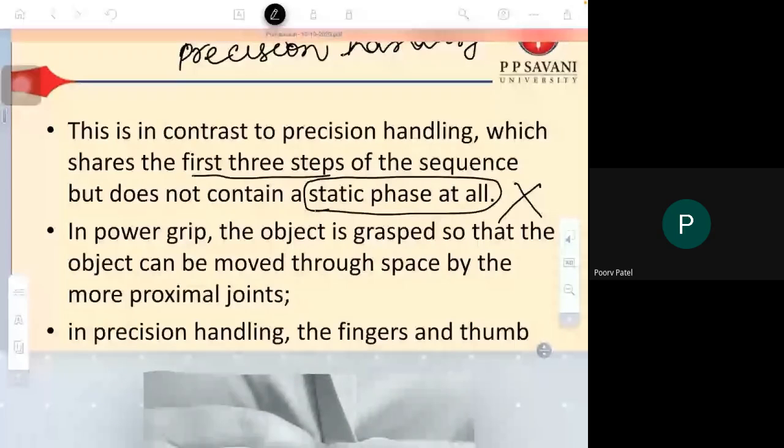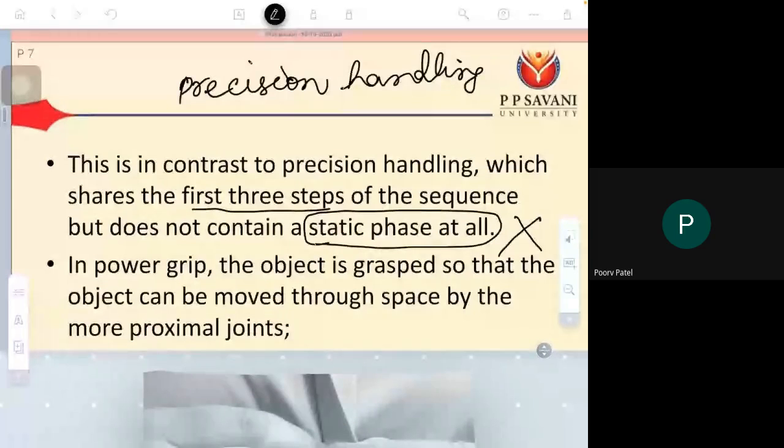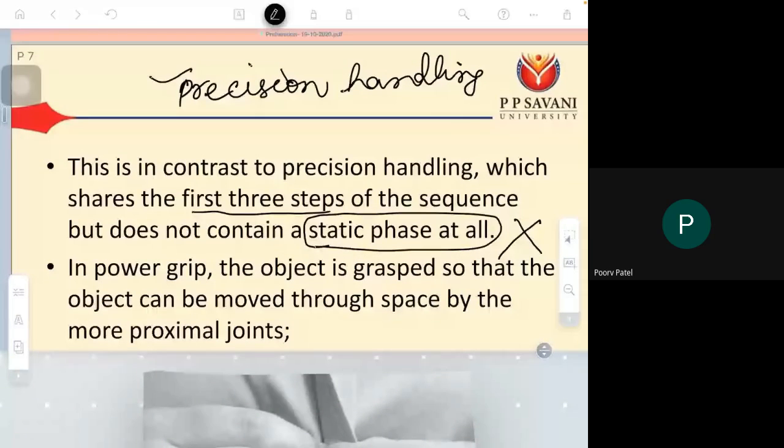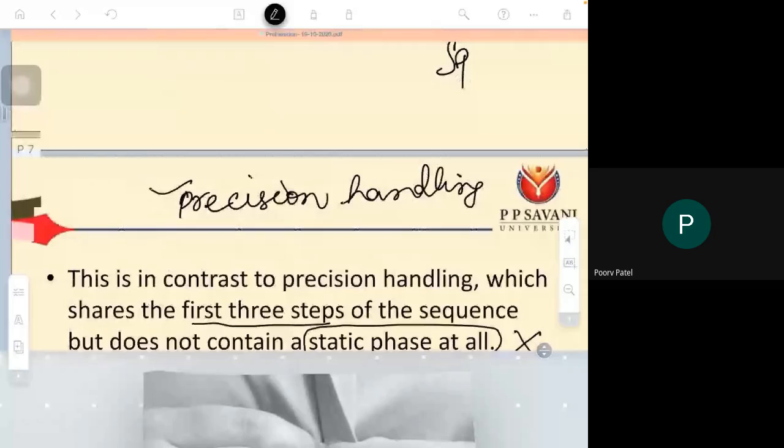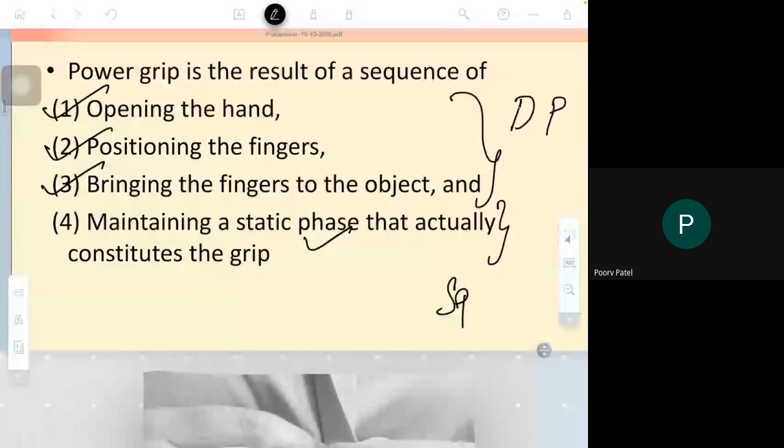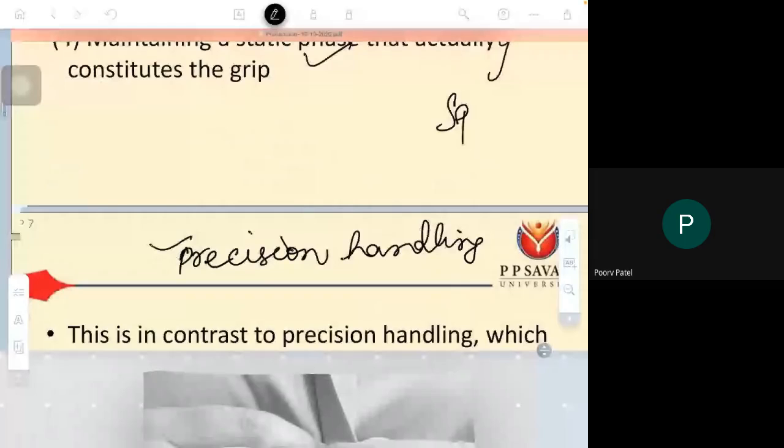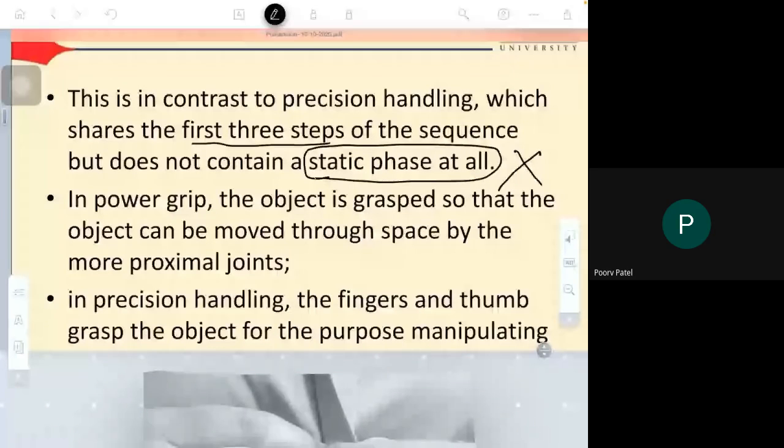Static phase, precision handling में static phase नहीं है, but power grip में static phase है. This is the major difference. Second, in power grip the object is grasped. Listen carefully, this is the second difference. Now the first difference, what we see, first difference is